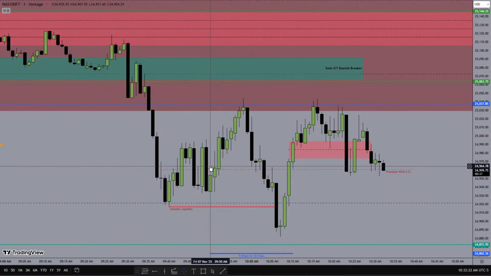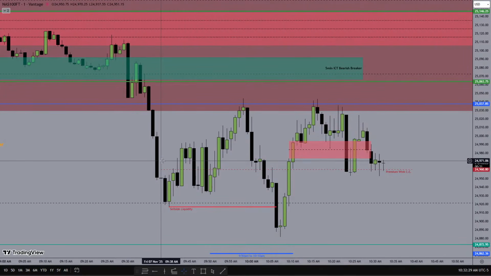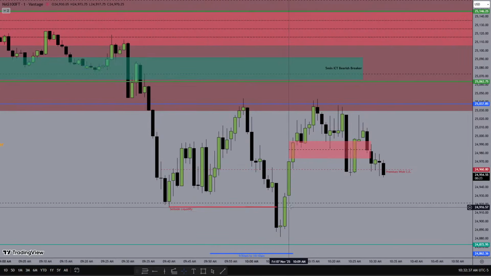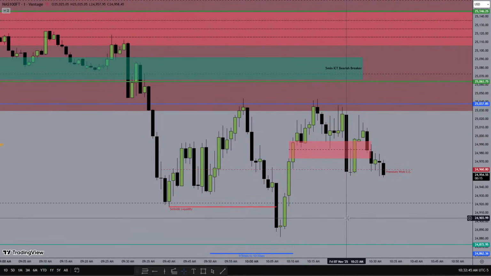But how do I know that the market isn't in sync? Well, look, just pay attention to this. This wick is a discount array, right? Look, we go above it here, and then go right below it. Above it, right below it. Above it, right below it. Hit it there, it has some influence, but then we go right above it. Then go below it, right above it, and just ride it.